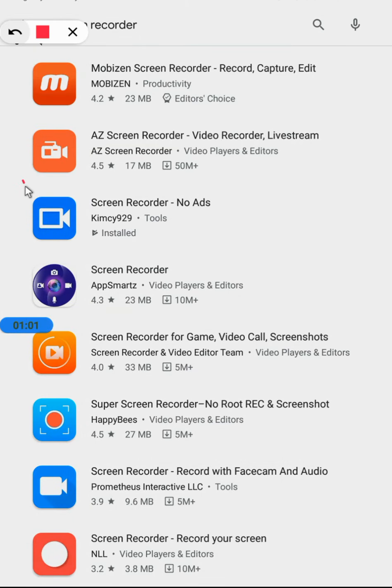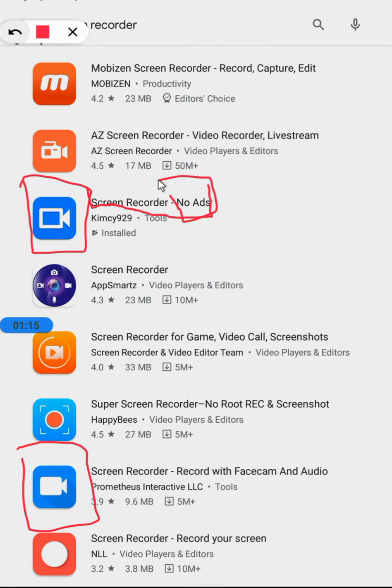I will show you, just look for this icon. There is a similar icon too. Actually, today we are going to download this app. You can see it is written "no ads" with screen recorder. There are a lot of ad-filled apps for screen recording. I am using some of them, but I like this one, that's why I am reviewing it. This is not a professional promotion video, this is just my experience I am going to show you guys.